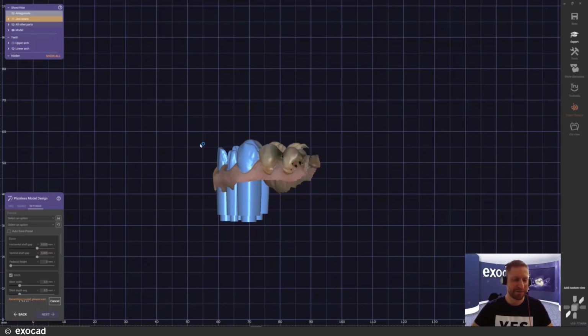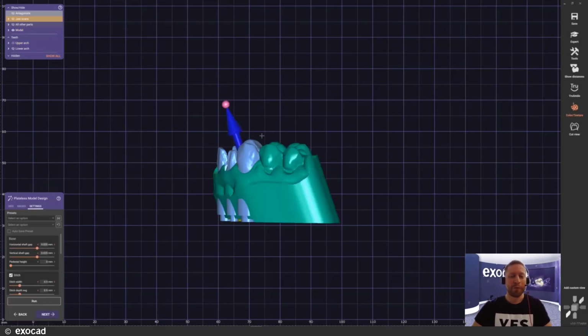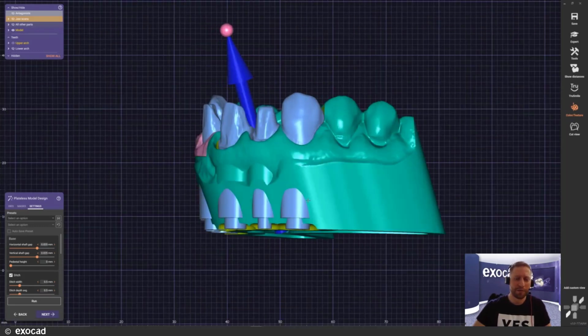So give it a second while it's calculating the model together, and you will definitely recognize in a second what I was talking about in combination with the articulator and what advantage this feature gives you in your daily workflow to work professionally and work in a very precise manner. So let's pretend our dies are not here, even though I actually really like that kind of design. It kind of looks cool, if you ask me.